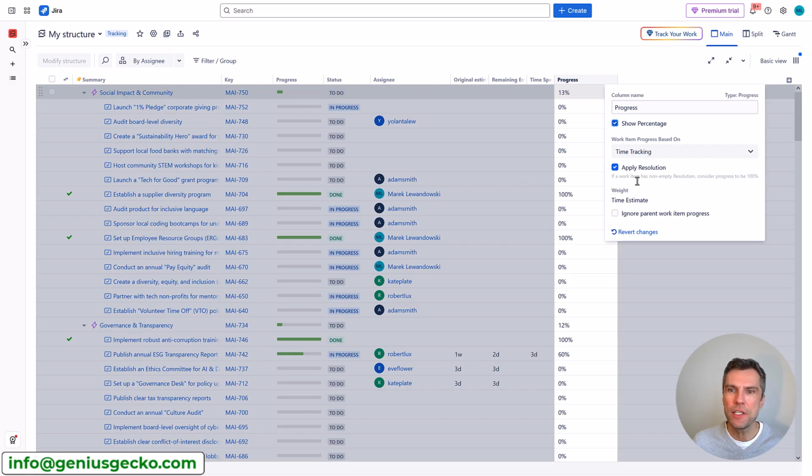And there are some additional options such as ignore the parent work item progress, right? So when you start planning on a high level first, you add the estimates for these epics, but then you decompose the epics into features, stories, and so on. You don't really need this initial estimate anymore. You will need to compare your high level estimates with the actuals, but for the progress calculation, you will not need that value anymore. So you can ignore the parent work item progress using this